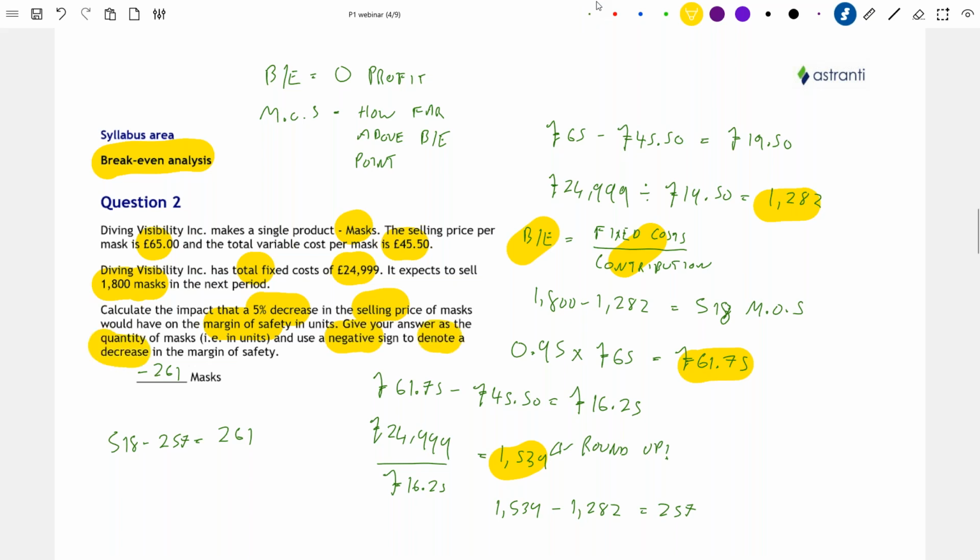So what's happened? Well, first of all, to cover our fixed costs at the original selling price, we had to sell 1,282 masks. However, we expected to sell more at 1,800 masks. After the selling price fell, our contribution per unit fell, which meant that we had to sell a greater number in order to break even. This brought us closer to the break-even point, and therefore